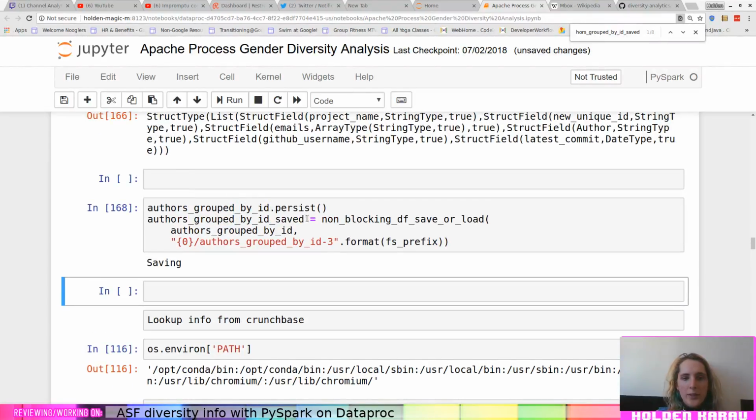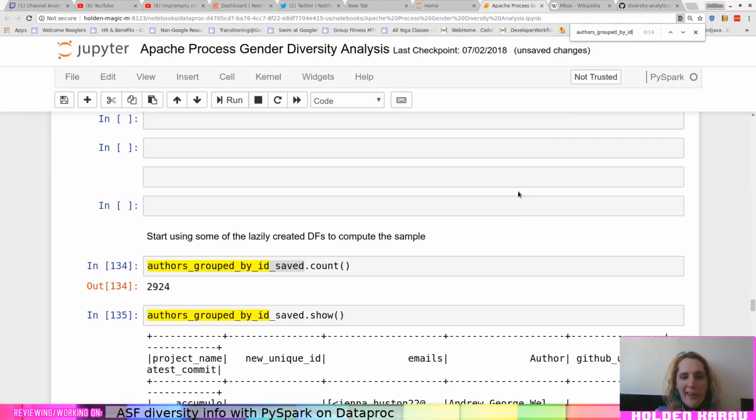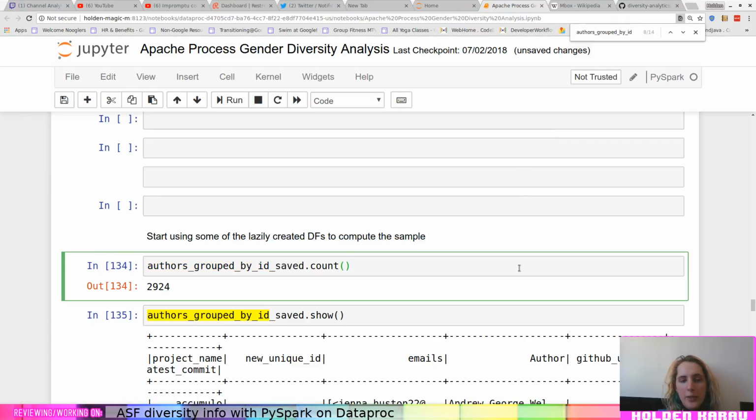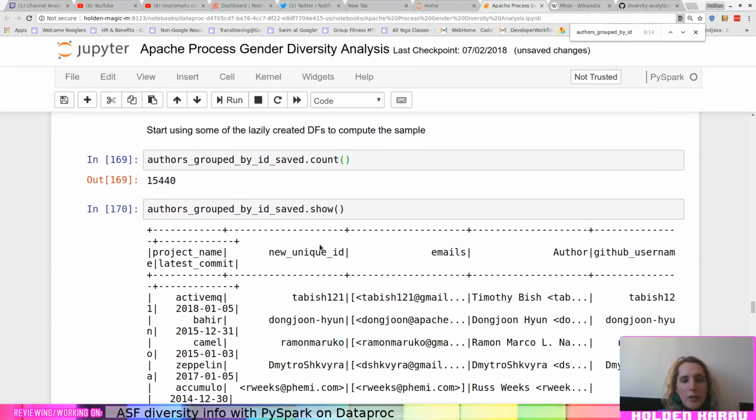let's take a look at the next place, which is using this. Okay, this is probably going to give us a pretty different count. So Spark is lazy, so even though when we ran it up top it looked like it worked just fine, it's actually probably doing a job in the background for us right now. So if we call this count, it'll probably block, but the unique authors. So that's cool. Is this actually?